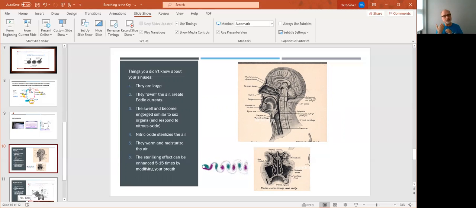And consciously, we can alter the breathing even more. But breathing through our nose moisturizes the air, which moisturizes the tissues in our lungs. That's very important. It also swirls the air through our sinus cavities and mixes with nitric oxide that's released from above our upper palate. Nitric oxide is collected in our sinuses and then entered into our lungs. And you say, what's the big deal with nitric oxide? Nitric oxide is a very powerful vasodilator, for one thing. So it'll open up your sinuses if you're breathing through your nose. But it also sterilizes the air.